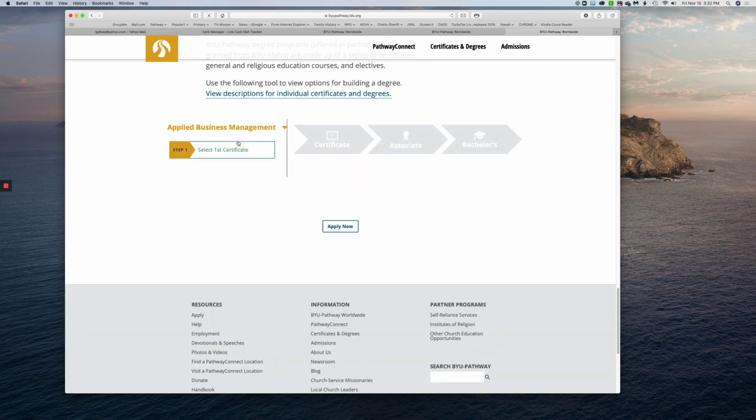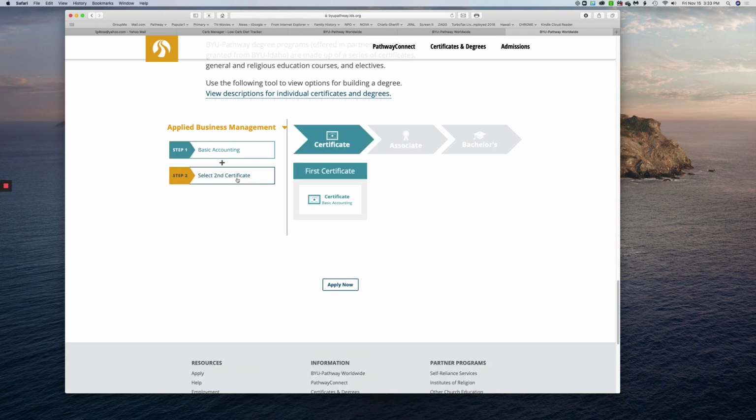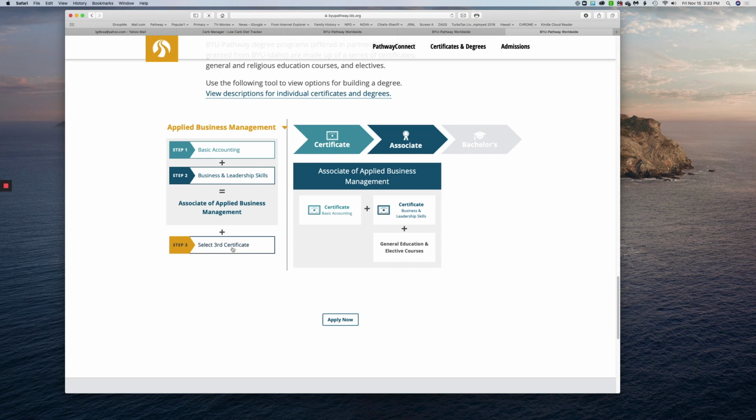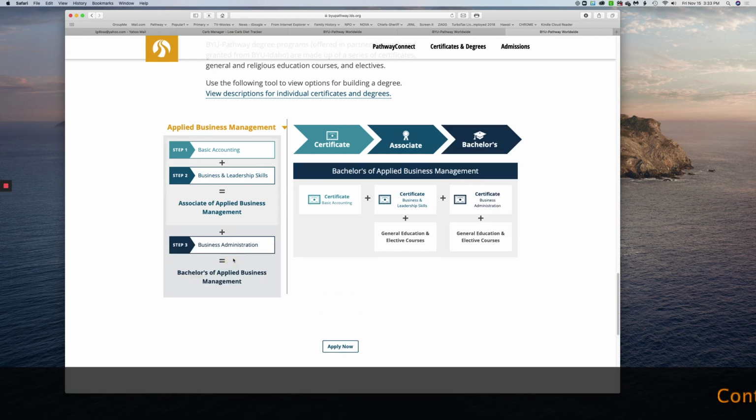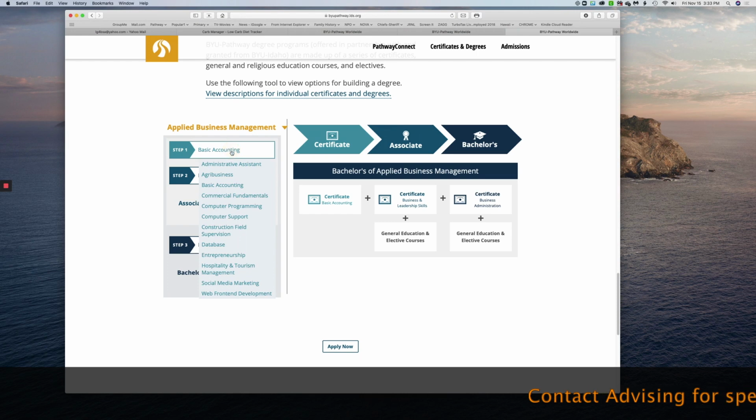Let's do business management. Select your first degree. You have several options here under business degree. Just to serve the purpose of this discussion, let's try business accounting. And then you have business leadership skills. And then you have business administration. And you say, I don't want to take accounting first. So let's go back to,